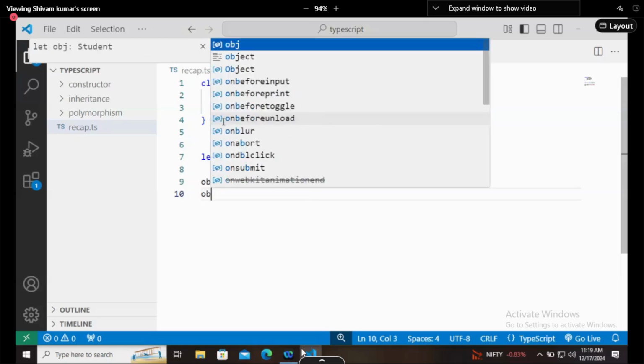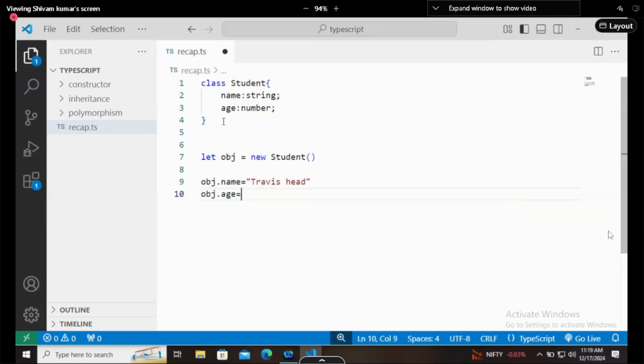Then we will say object dot age. When you are trying to set the age, let's say I will say 28. Now this is a student having two properties, name and age, and then I have created an object and then set the values.